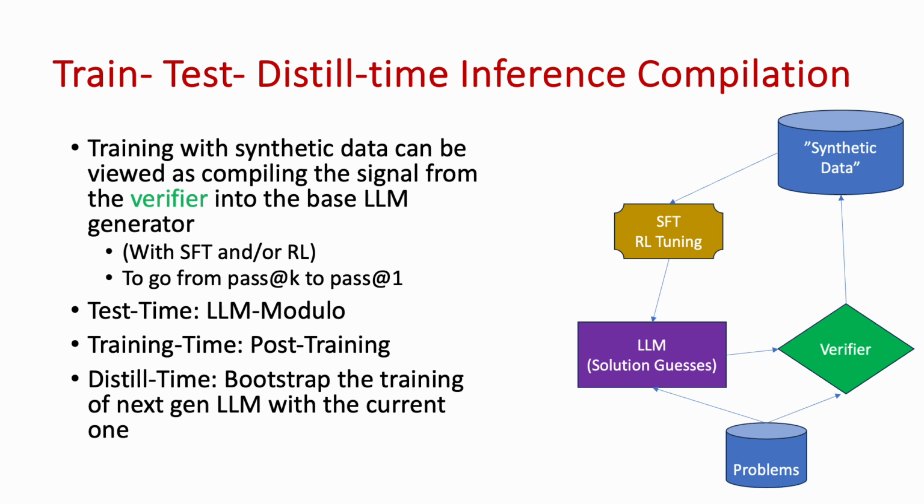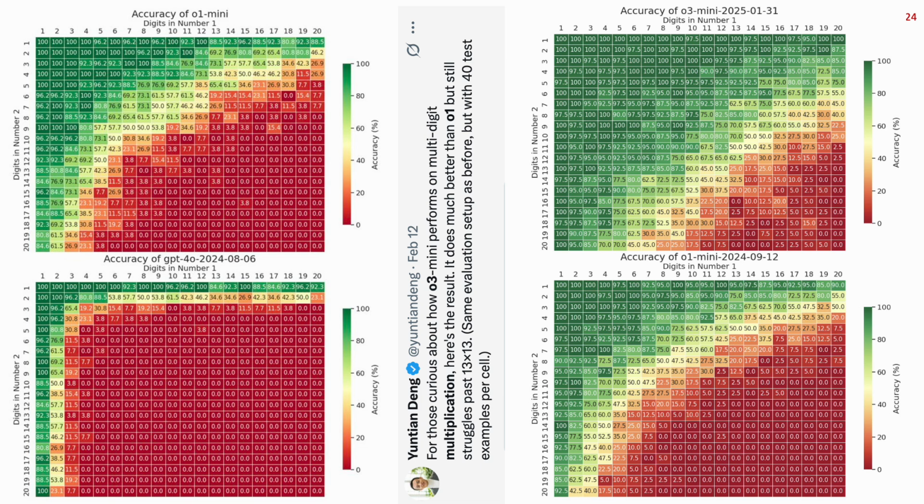But the advantage of this is it's not trying to just learn a single algorithm. It's essentially learning whatever the data that's been trained on. Some of that data may be a mixture of problems coming from very different algorithms. And so that's the advantage that it has. That's one thing to understand, that really the improvement is verifier signal slowly seeping into the generation. That's currently where we are at.